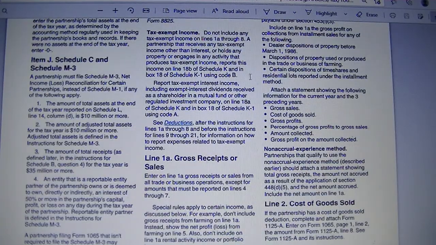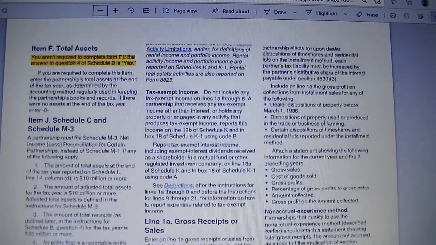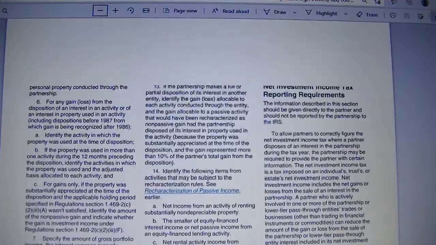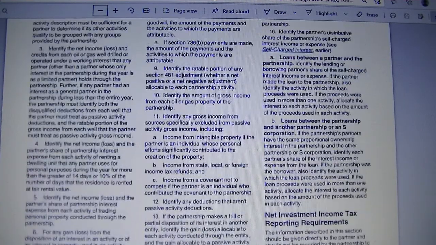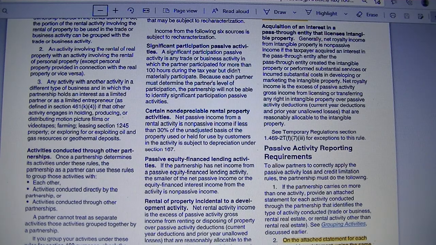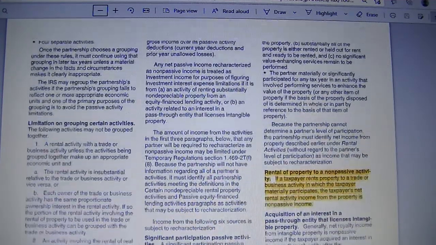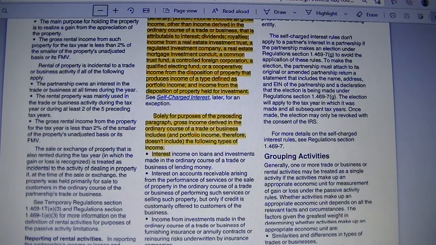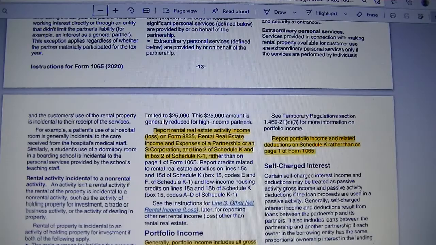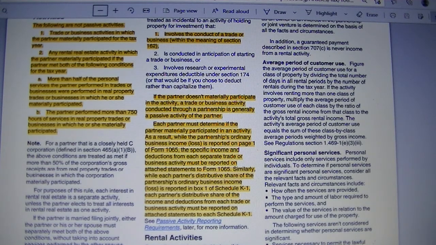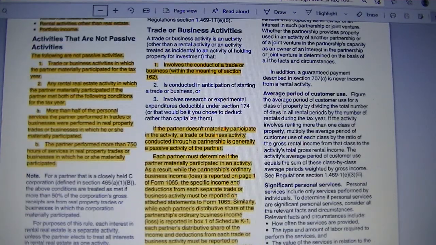Let's go to the instructions, but you need to find out what is passive and what is active. If you have a business where you sell products, that's an active business activity. If the partner didn't materially participate in it, that's a passive income or loss for you, the partner. But it is a business for the partnership. Therefore, you'll put your revenues and expenses on page 1 of 1065, and you'll put the